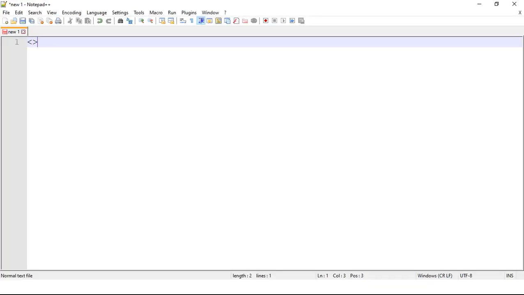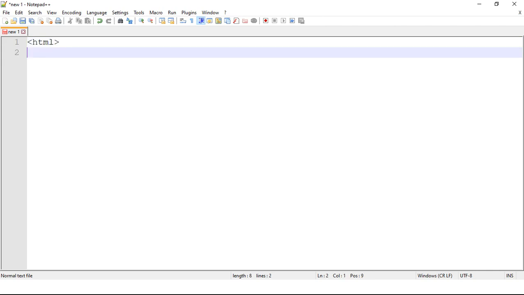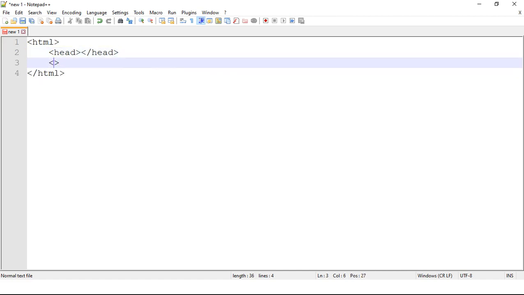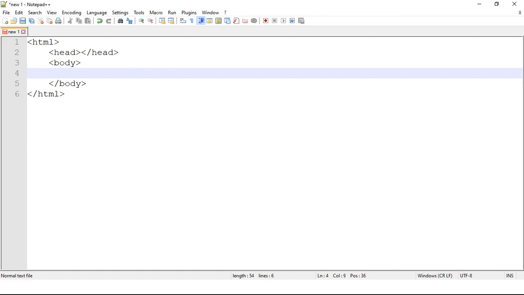See here, HTML opening and then HTML closing. Now we have opening head tag, closing head tag. Then we have opening body tag and closing body tag. Okay, here I'm going to use h1 tag, okay.